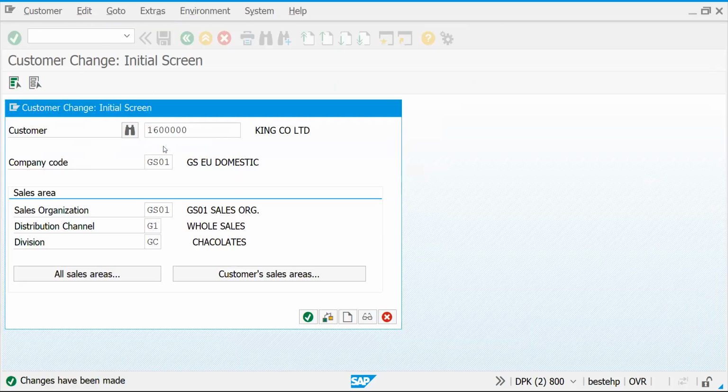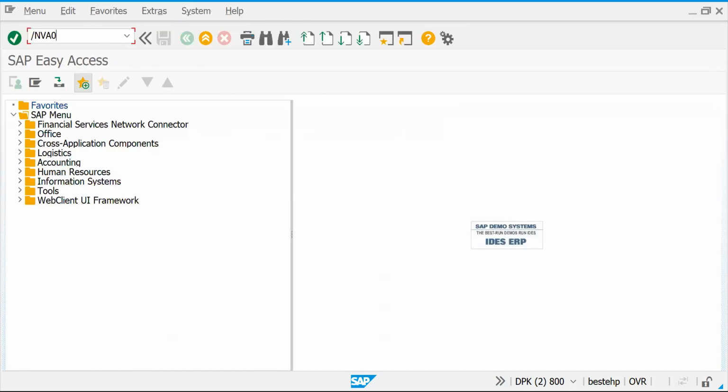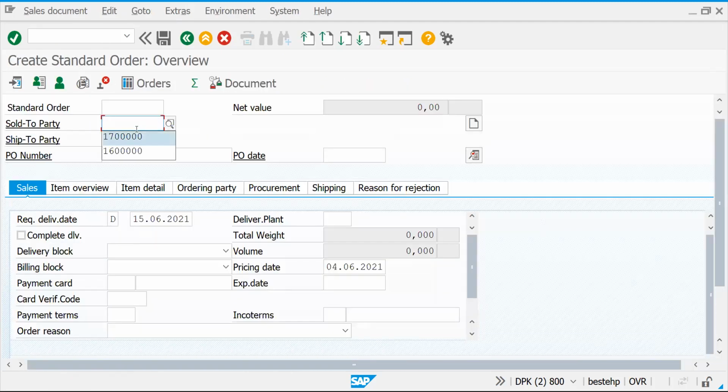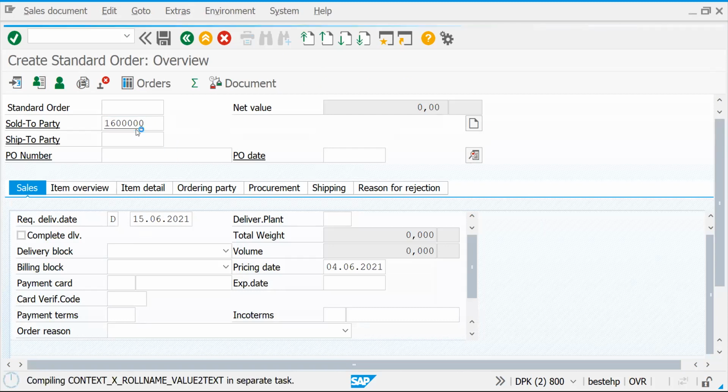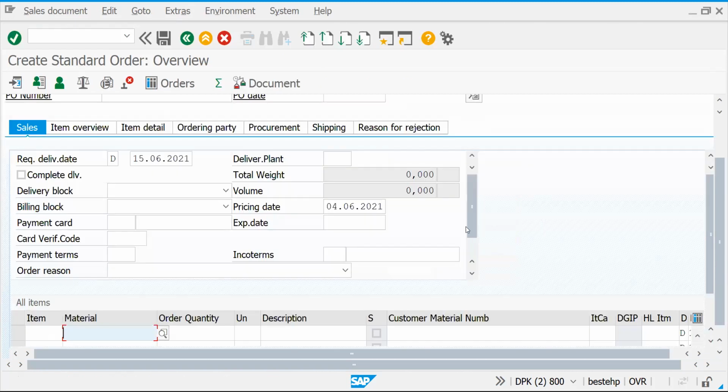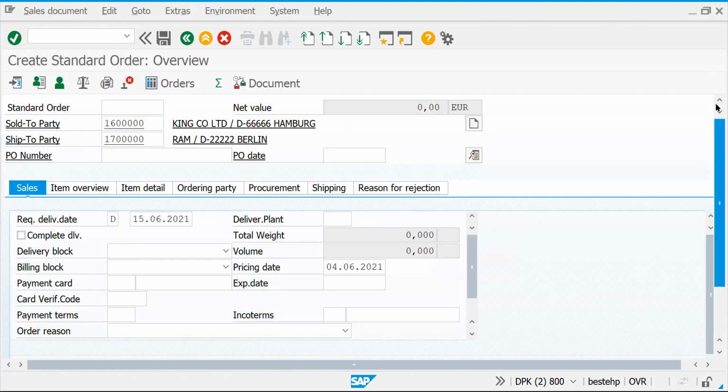Now let's try to check, create a sales order. As of now I'm showing it at header level. What is header and what is item, I'm going to explain. Let's put it. Now see how the system behaves. It is asking, boss, would you like to deliver to Kinko Limited or RAM? If I say RAM, my ship to is determined like this. This is how my sold to and ship to vary.